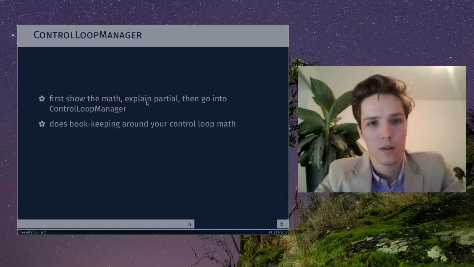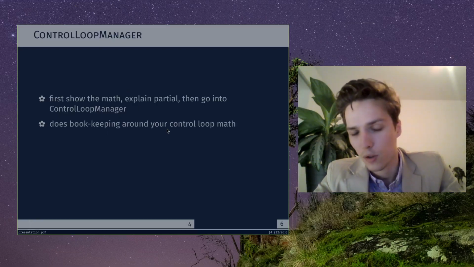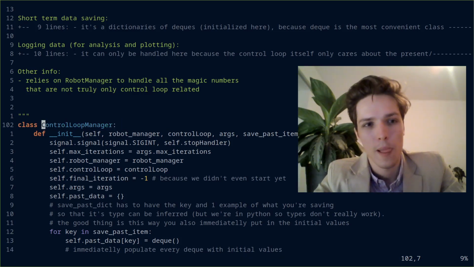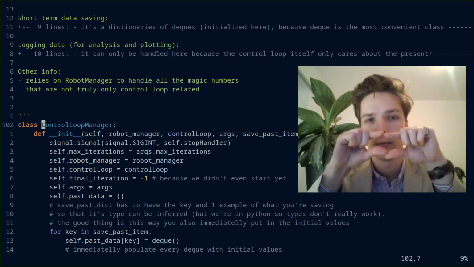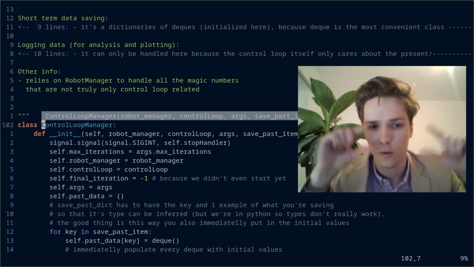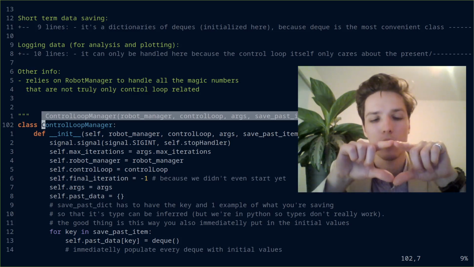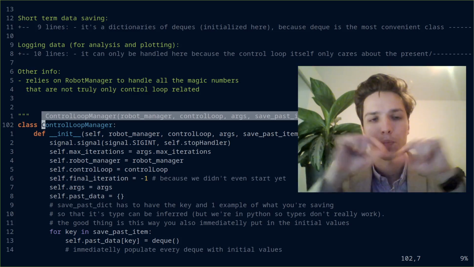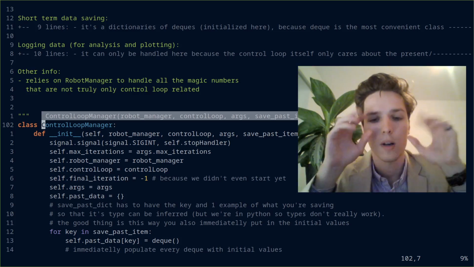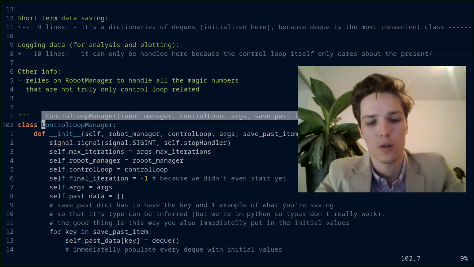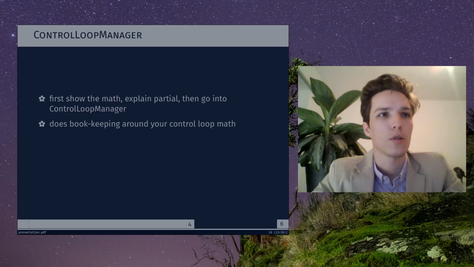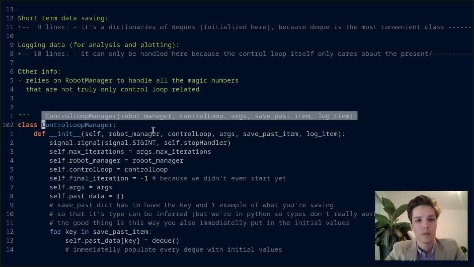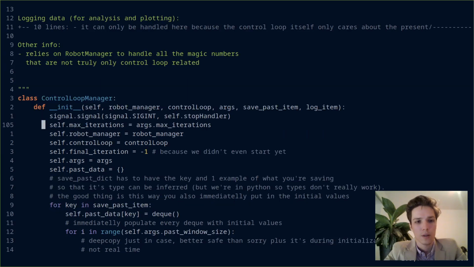Let me first not get sidetracked. So this function, this class, will do the bookkeeping around this one line of code, your mathematical line of code. Of course, you have to do some computations to get the Jacobian and so on, but there's some other bookkeeping going on around this computation itself. Okay, it wasn't too bad. Let me just make my face a bit smaller. Okay, so